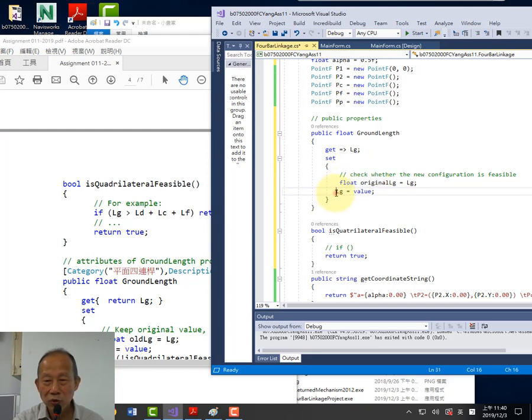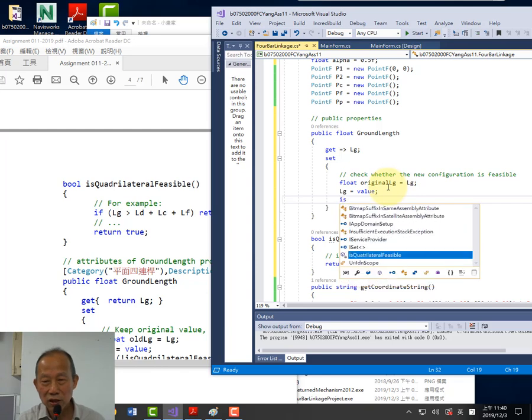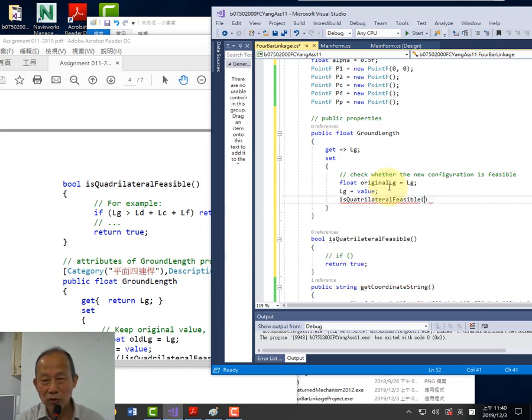And then we change the LG. We really change the LG right now, okay? Because this function, is quadrilateral feasible, needed to use the updated LG, right? So we updated LG first, and then we check the configuration. Is quadrilateral feasible? If it is not,